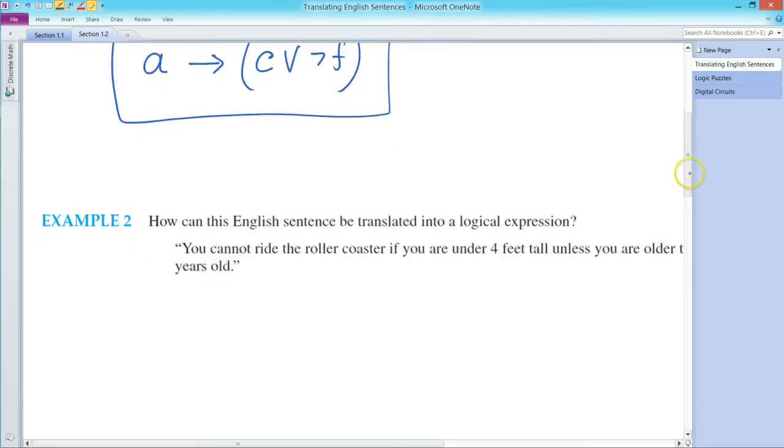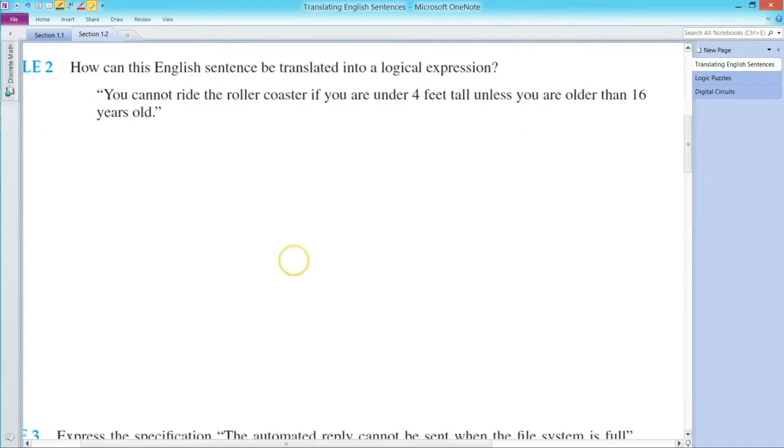Let's take another example. In example 2, the question is asking me to translate this English sentence into a logical expression. The sentence says, you cannot ride the roller coaster if you are under 4 feet tall, unless you are older than 16 years old. So let's identify the first component. The first component, you cannot ride the roller coaster. I'll represent it by the variable q, which can be written as, now, you cannot,